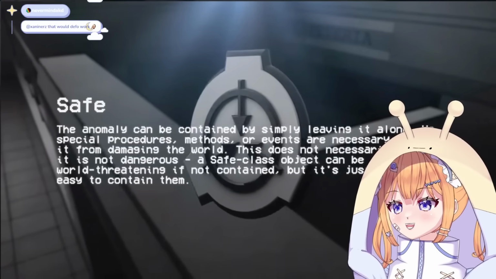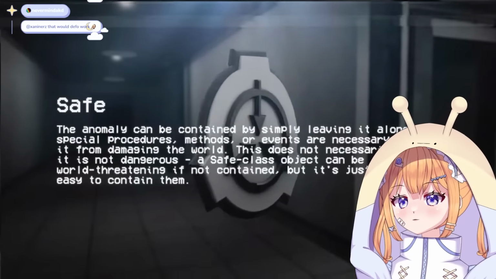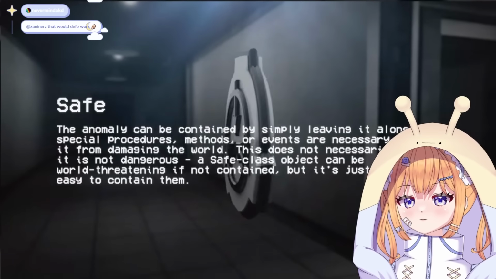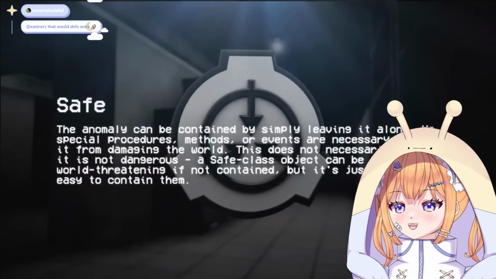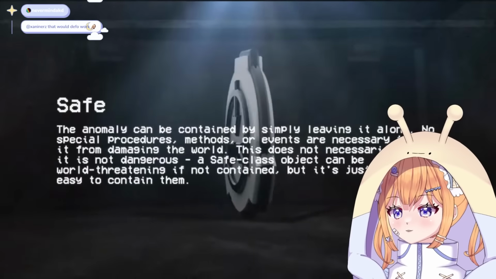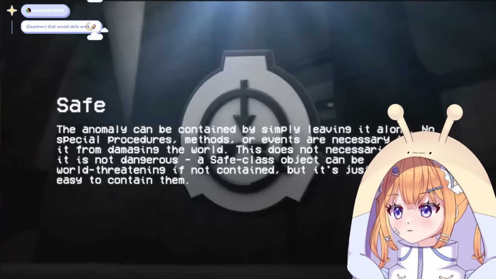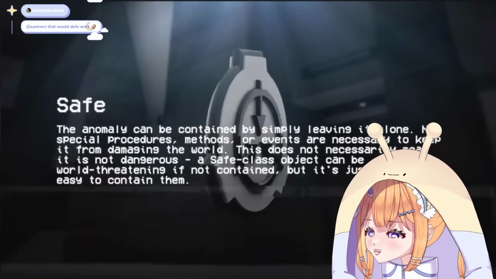Safe. The anomaly can be contained by simply leaving it alone. No special procedures, methods, or events are necessary to keep it from damaging the world. This does not necessarily mean it's not dangerous. A safe class object can be world-threatening if not contained, but it's just really easy to contain them. Some notable examples of safe class SCPs are